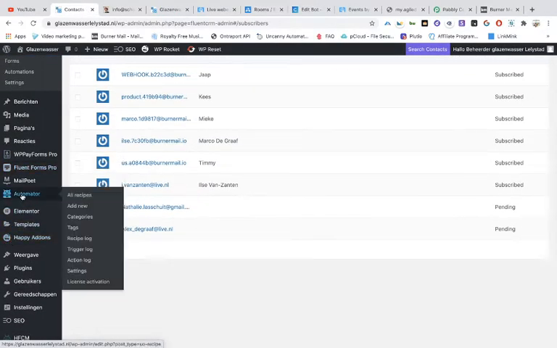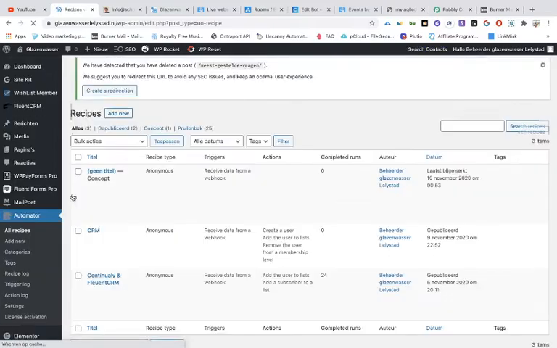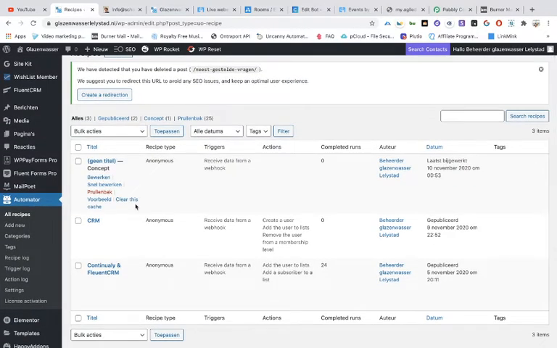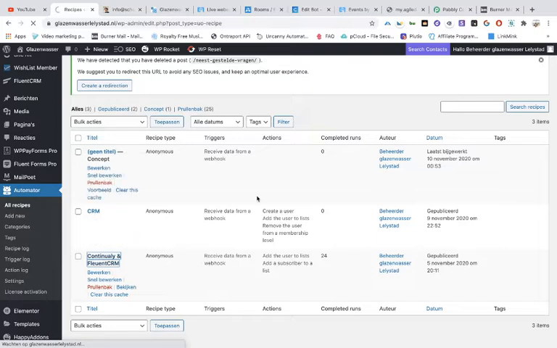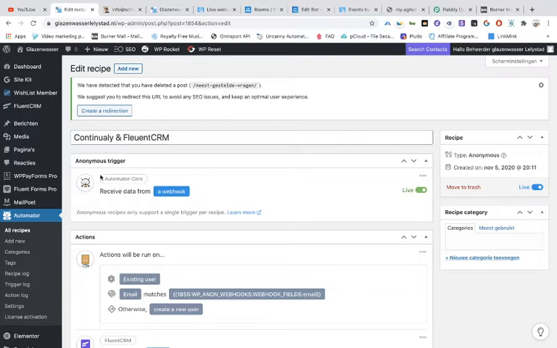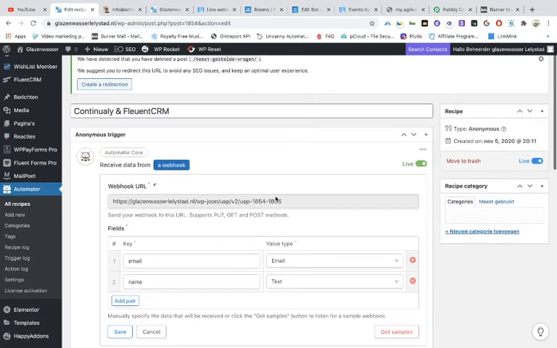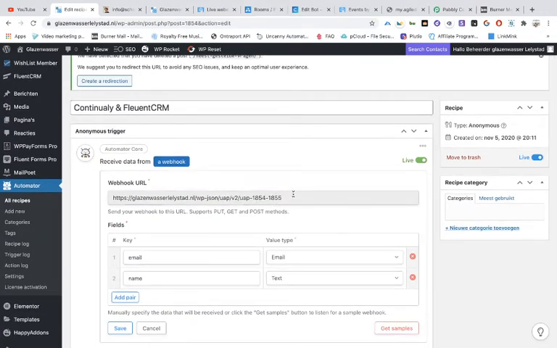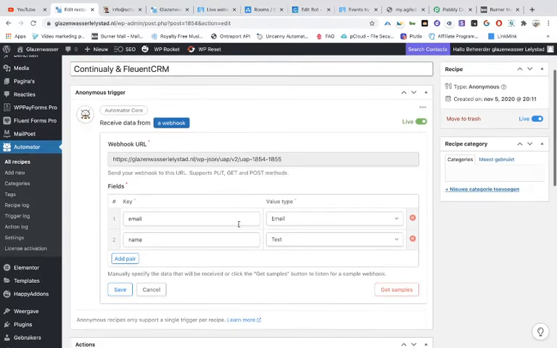In this case, we are using Automator, Uncanny Automator. And let's see what I have done. I have made a scenario, and it's an anonymous visitor. And then we have embedded this webhook. We've chosen for a webhook, and then we put it into Continually